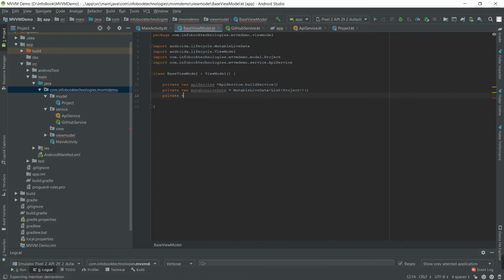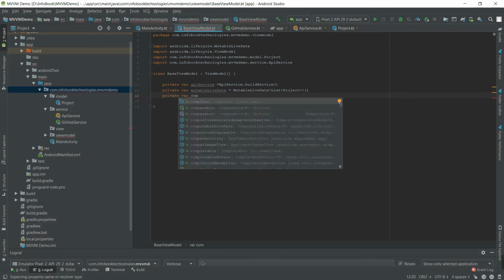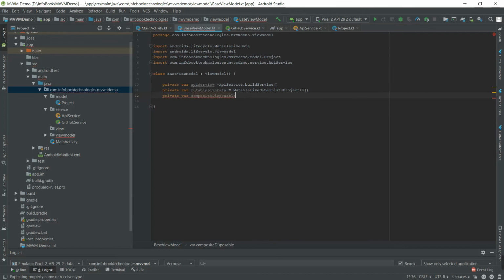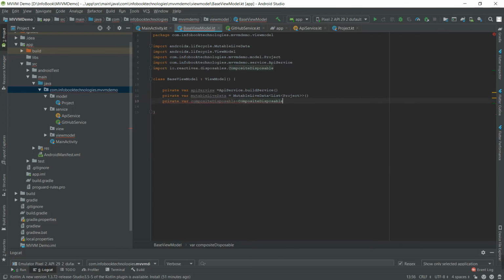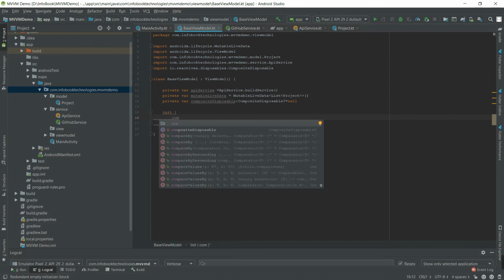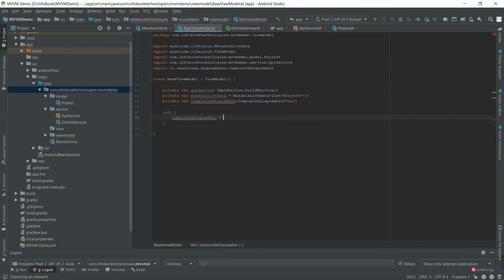So let it be private, where I'm going to use CompositeDisposable, and initialize it in the init method. compositeDisposable equals CompositeDisposable.